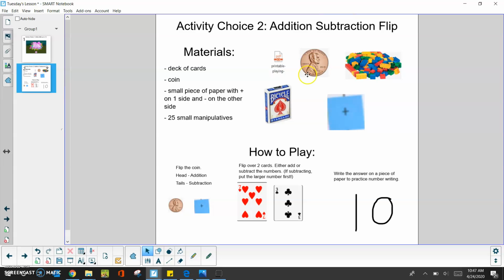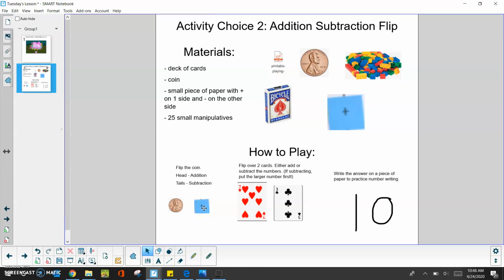So to play, what you're going to do is you are going to flip a coin. If it lands on heads, you're going to do addition. If it lands on tails, you're going to do subtraction. Then you're going to flip over 2 cards from your deck of cards. And you're going to either add or subtract depending on what your piece of paper says, either the addition sign